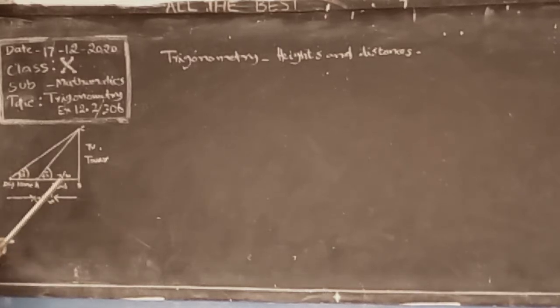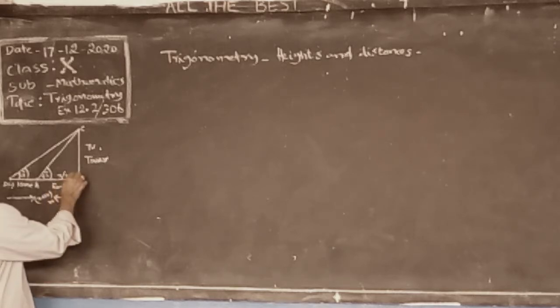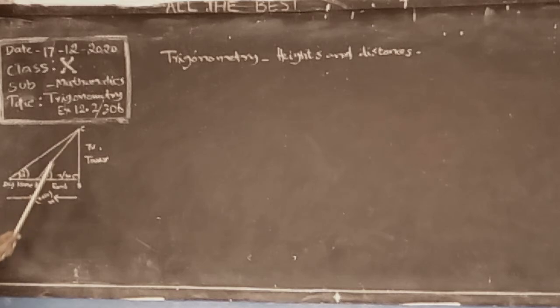So here we obtain two triangles. First triangle ABC with angle 60 degrees. Second triangle DBC, angle is 30 degrees, side is x plus 10 meters. Now here,